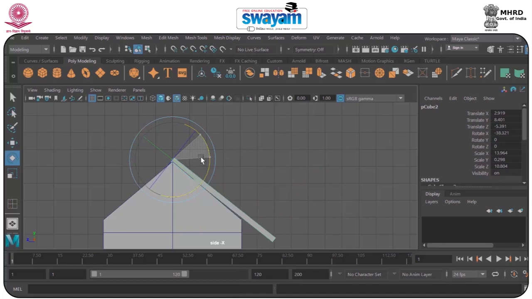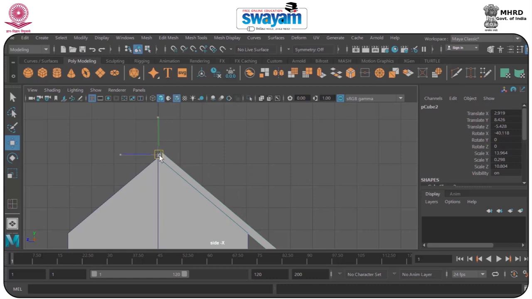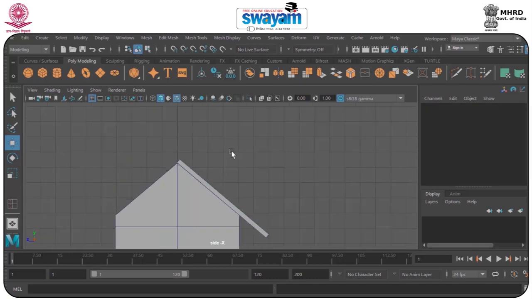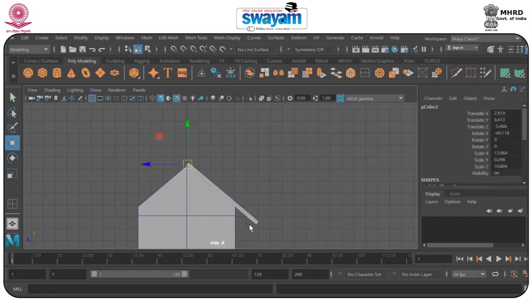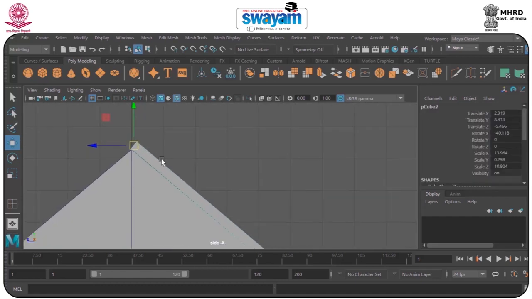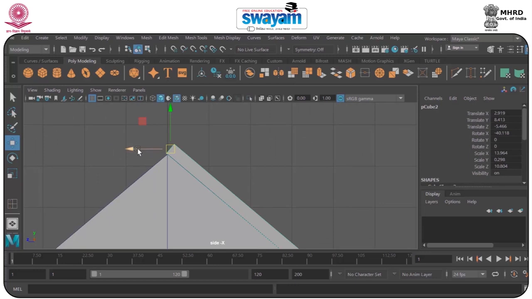Let's have a look, is it working fine or not. Problem, I will just shift it somewhere here. And one more thing we have to do, just select this part. The pivot is already here, so just move it down somewhere here, and also press D again to align it.